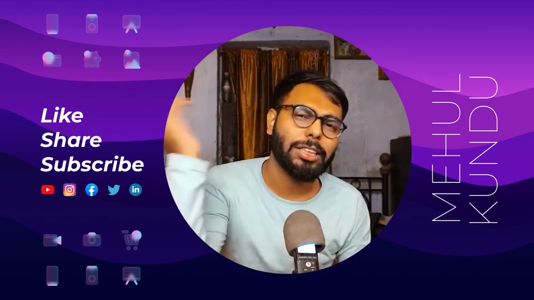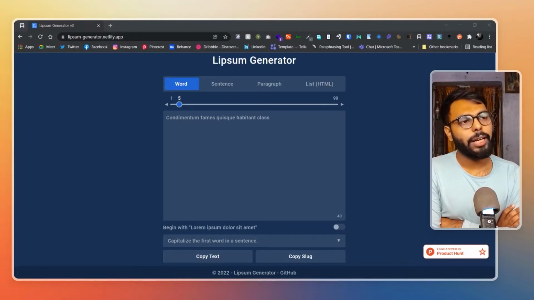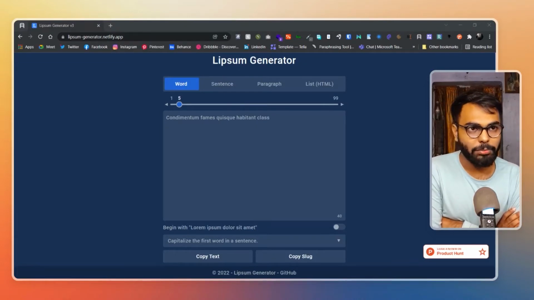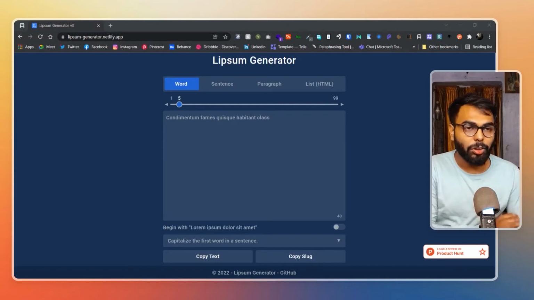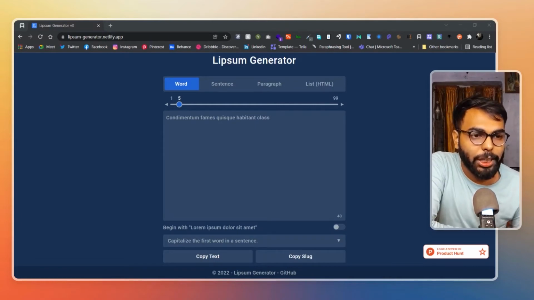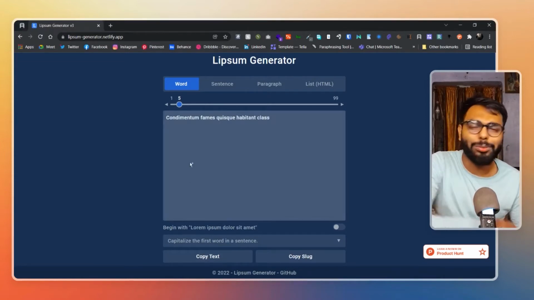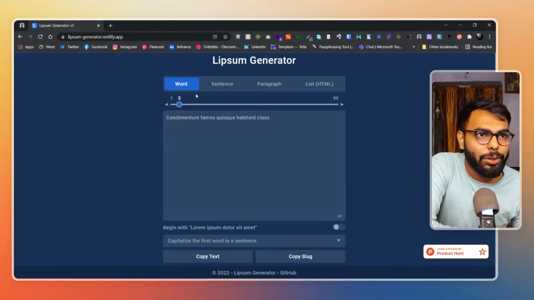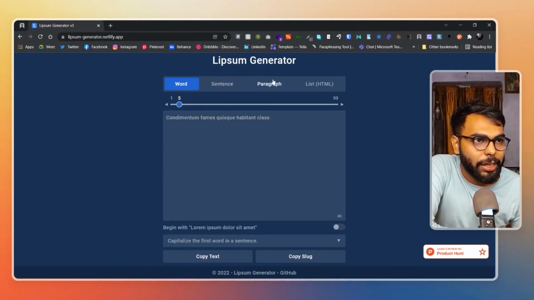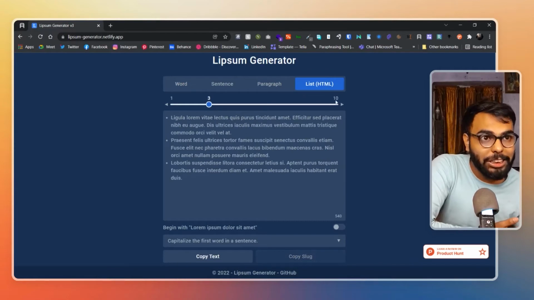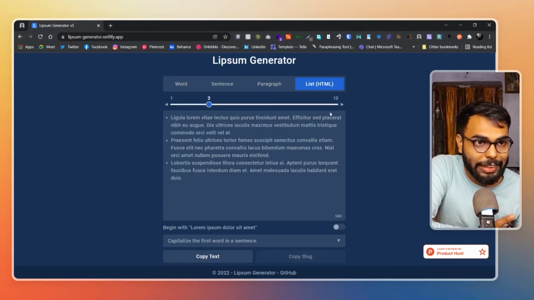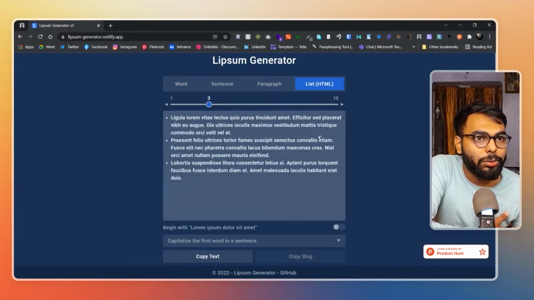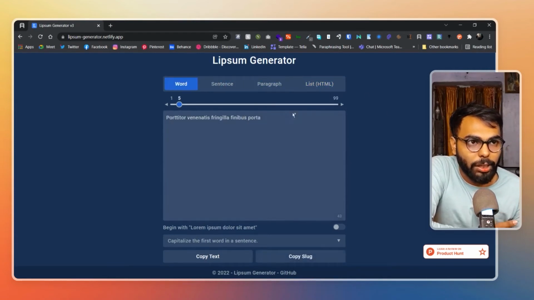Okay, so let's get straight into it. Here we are at today's website, that is Lipsum. Quite a generic name, but not a generic website, to be honest. Here you can see you have four types of Lorem Ipsum generators. One is word, one is sentence, another is paragraph, another is list, and HTML as well. So how great would that be, right? Here in words you can generate a couple of words